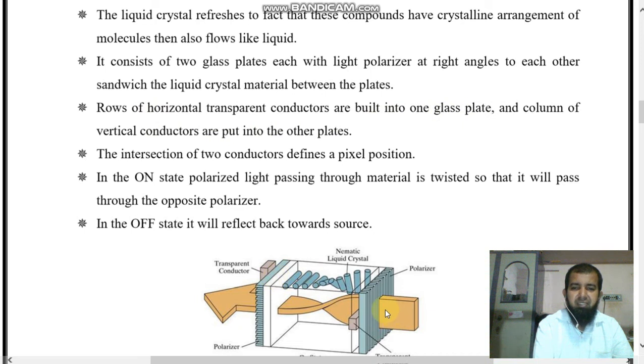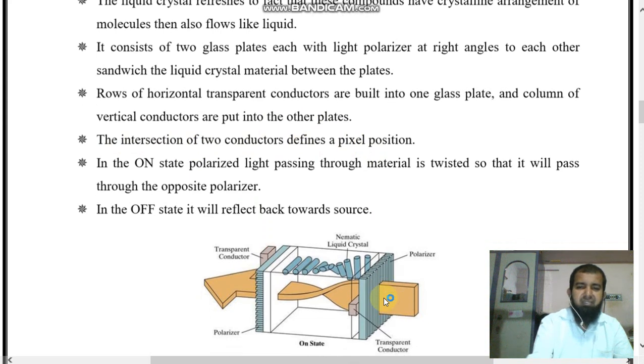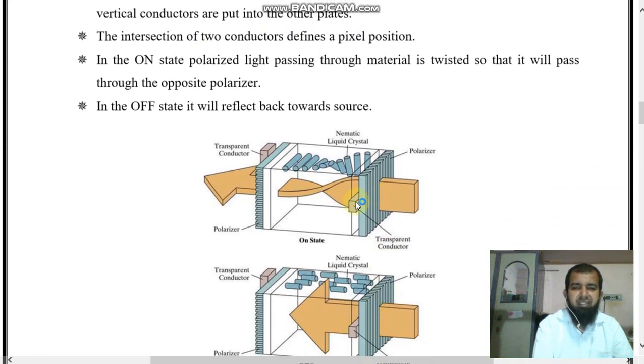This is the horizontal conductors, and columns of vertical conductors are put into the other plate. This is the vertical conductors. The intersection of these two conductors defines the pixel position.